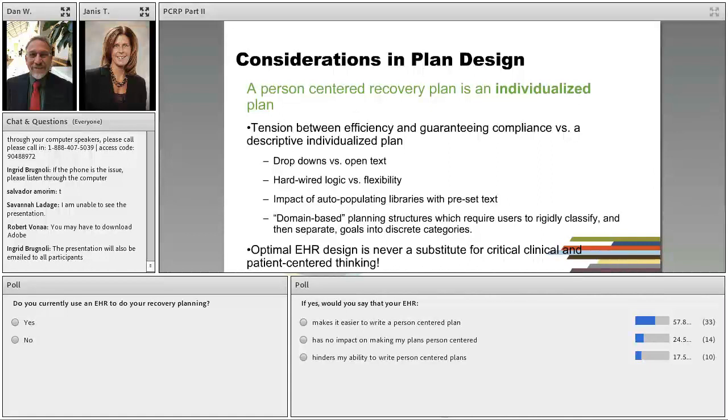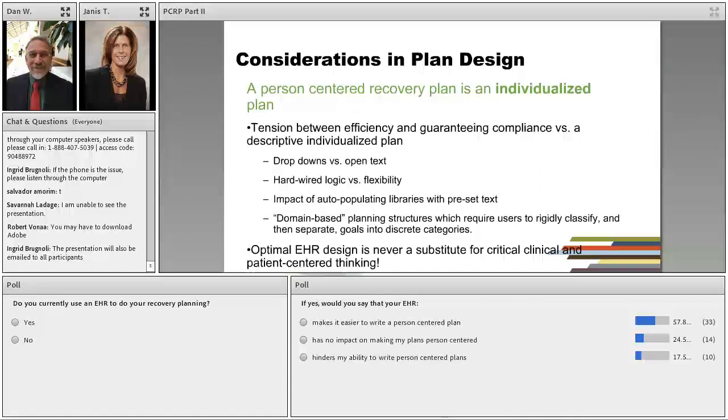you lose your ability to individualize the plan. I have seen plans that are entirely built on drop-downs, and after reading it, I have no idea who the person is and what they're working on. What we recommend is a mixed version of having drop-downs for things that you really need to have in there, and certain things that lend themselves to them, but definitely having opportunities for open text where people can write in their own words and individualize the plan. And I'll show you a little later how we operationalize that in our plan.